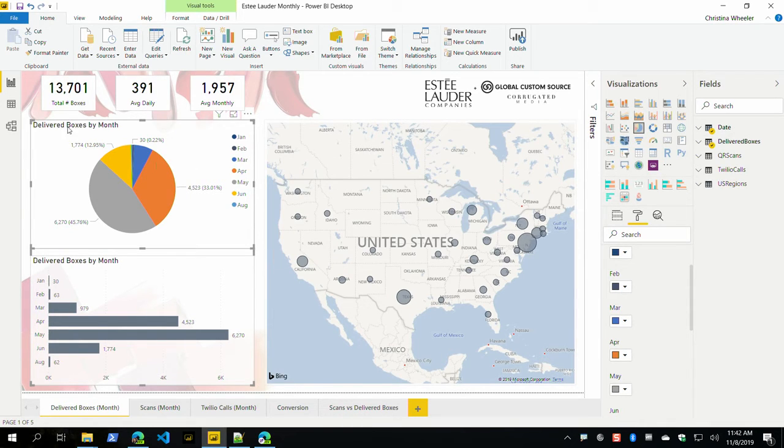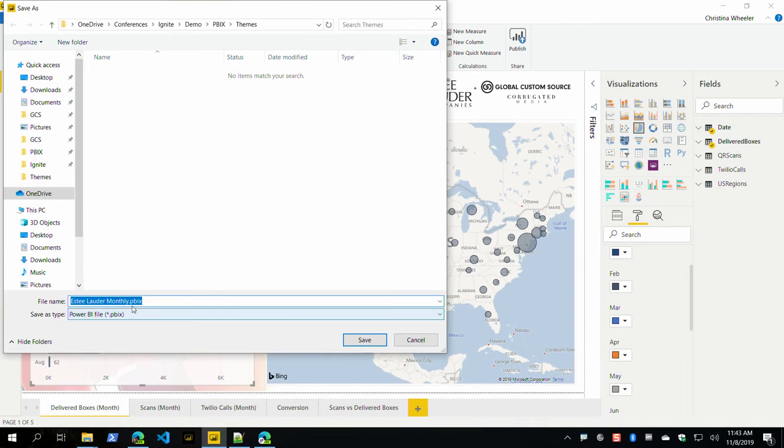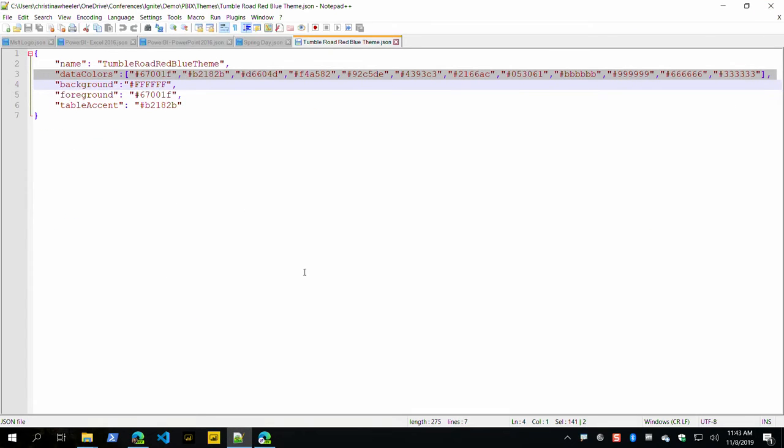Now what I'm going to do is I'm going to go ahead and save this file. I'm going to save a duplicate version of it. I'm going to close it after it saves. Come on. And let's say that a custom theme has been applied to a report, but you don't have that JSON file. What you can do